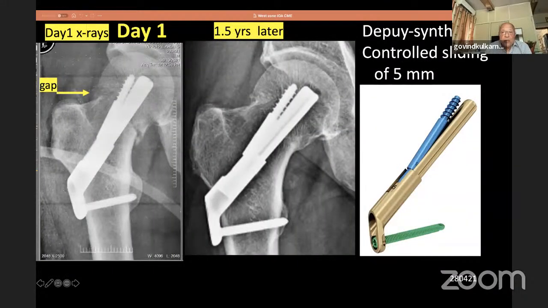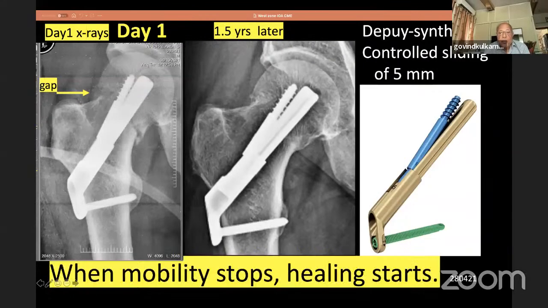We used 5 millimeters in this case, and you can notice there is a good reduction after 1.5 years. There is no AVN at this stage, and the fracture has united. When mobility stops, healing starts. This is the